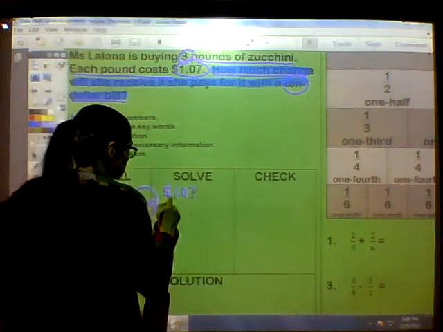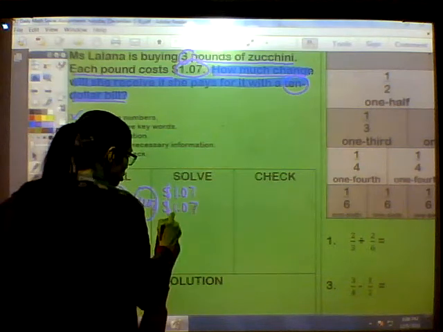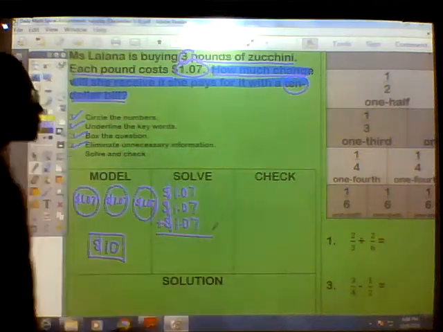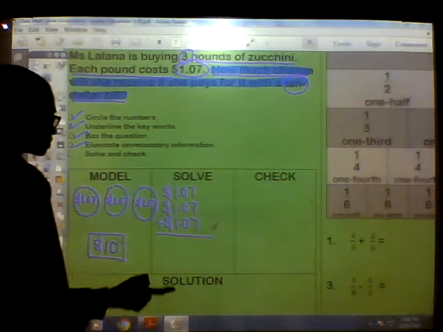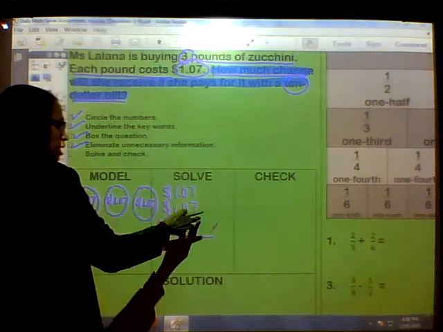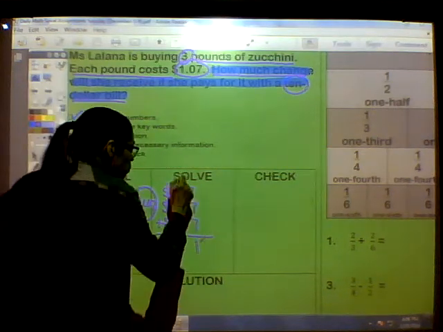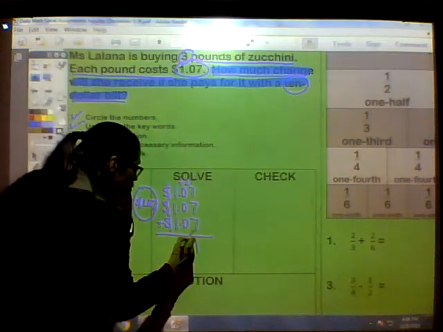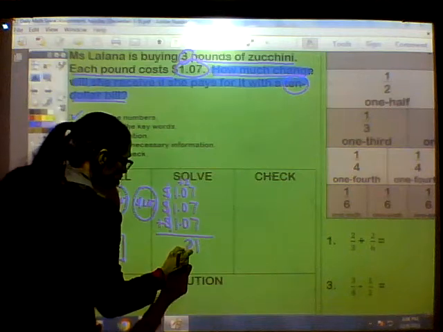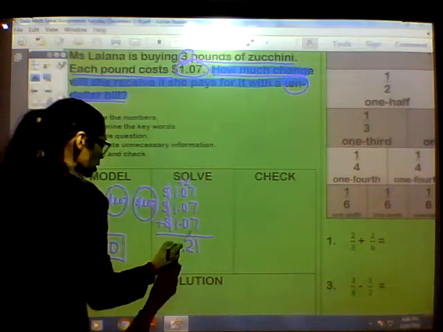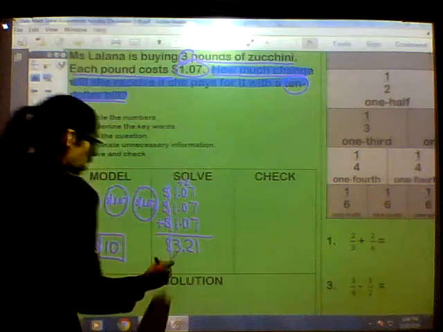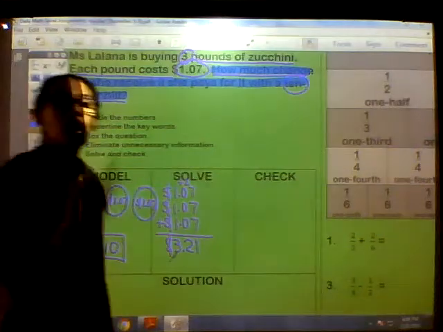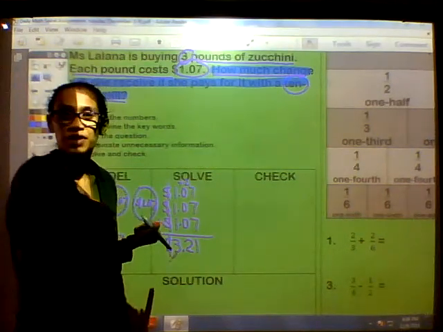Let's do $1.07, $1.07, $1.07. Add that together. 7 plus 7 plus 7 is, 7 and 7 is 14, plus 7 is 21. Write the 1 plus 2. 2 plus 0 plus 0 plus 0 is 2. The decimal comes down. 1 plus 1 plus 1 is 3. $3.21. Now we can check our work by doing the other kind of operation to solve for that, which is